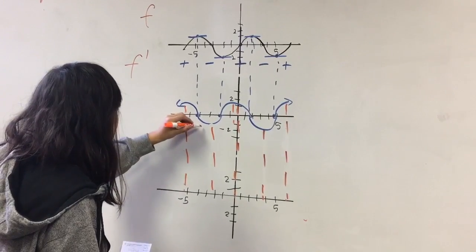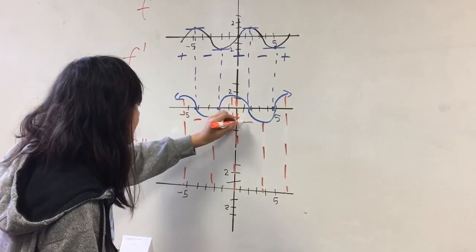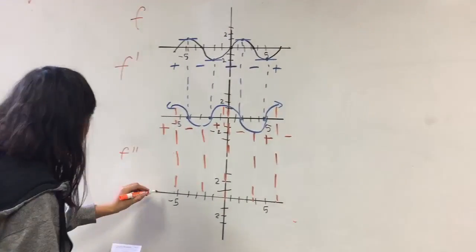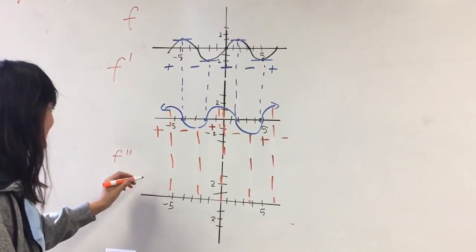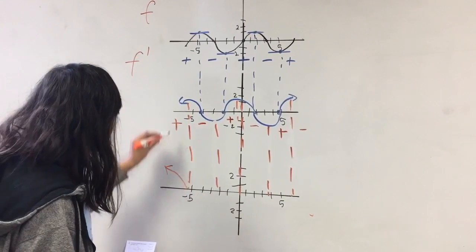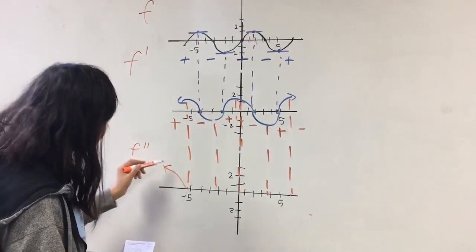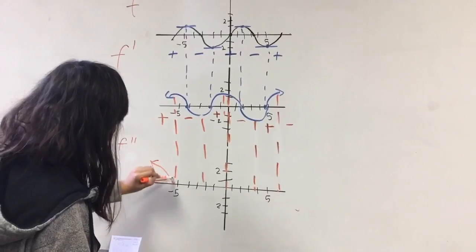You see here this is negative, here this is positive, here this is negative, and this is positive, and this is negative again, this is positive. So now we can draw the graph based off of the characteristics. We can put an arrow right here, because this is positive, it will be in the top axis. Then we draw the graph down because this is a negative